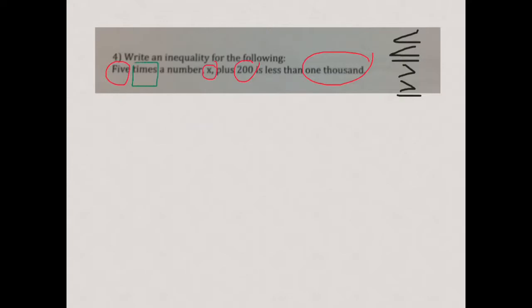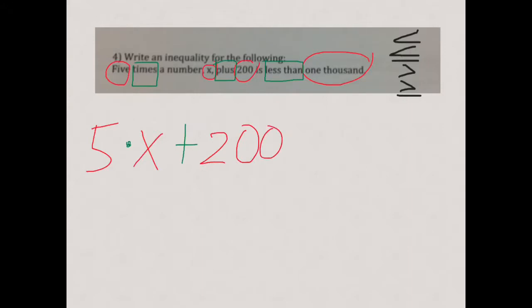Now I'm going to draw a box around other key phrases that are important. Times, plus, less than. So, knowing that, let me write my numbers out in red. 5 times a number, x, plus 200. So you notice I'm writing my numbers in red and my functions in green, is less than